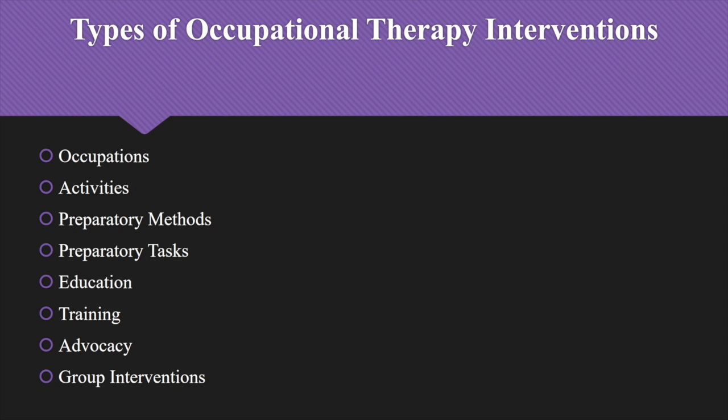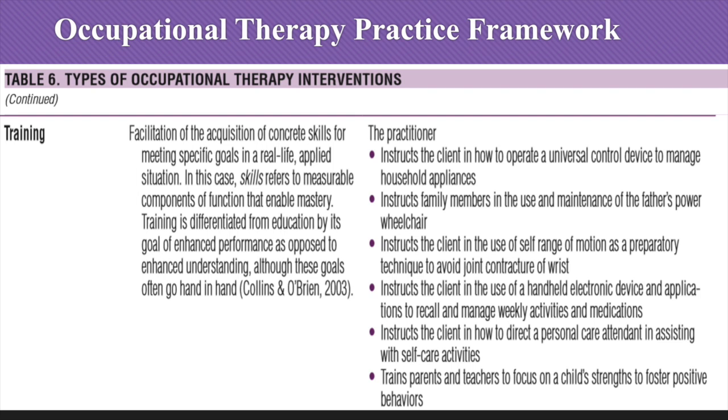The next place that it is mentioned is within the types of intervention. There are 8 types of interventions. Those are occupations, activities, preparatory methods, preparatory tasks, education, training, advocacy, and group interventions. And within training, the framework states that OTs can help clients manage activities and medications through the use of assistive